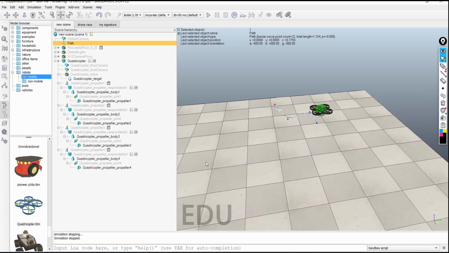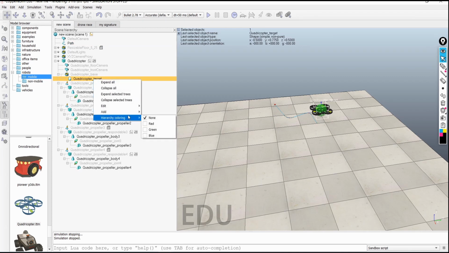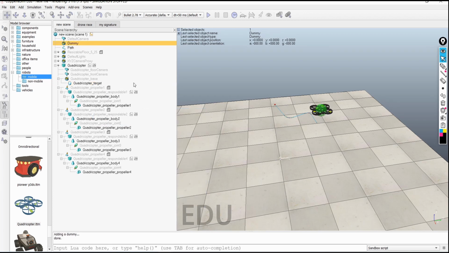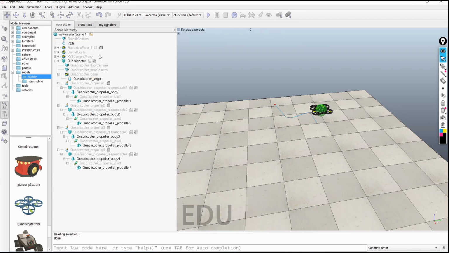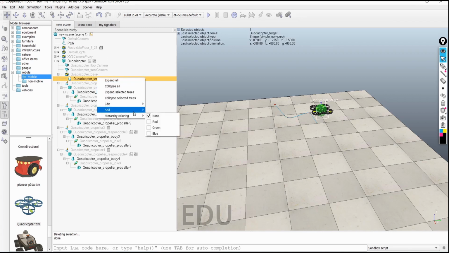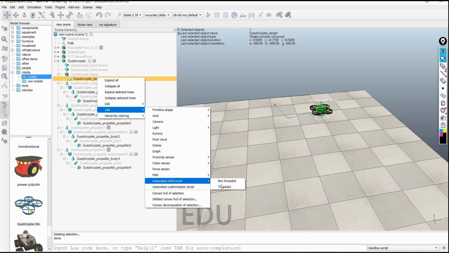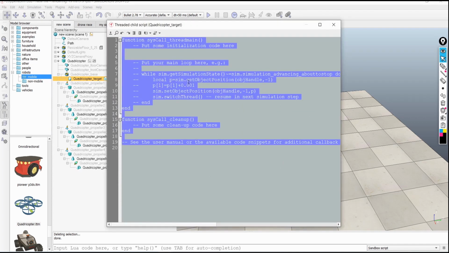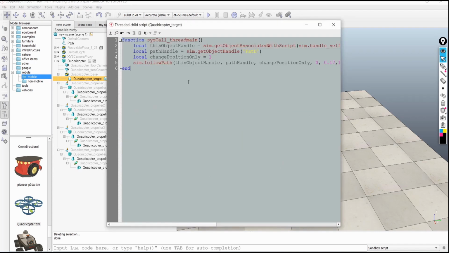Now I will go to this quadcopter target, and over here I will add an associated child script, threaded child script, and then I will paste the previous code.